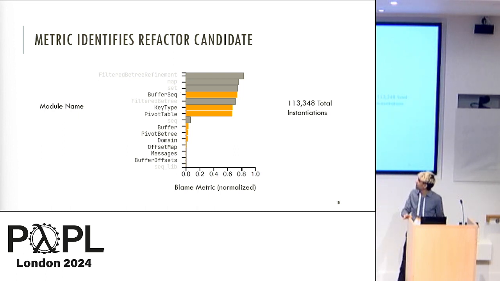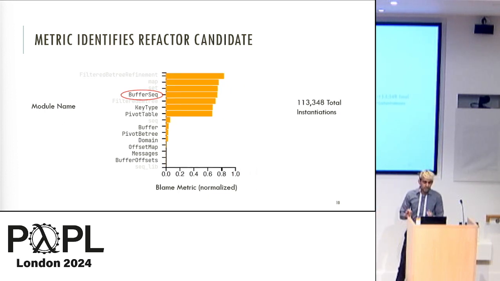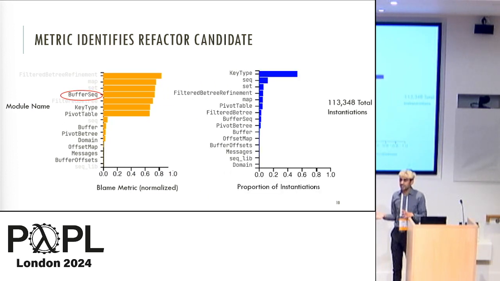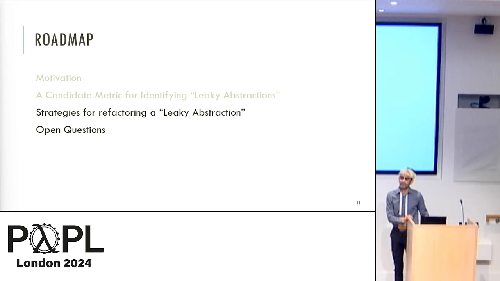The module we decided to investigate a little bit further was this one that we couldn't quite explain. It was a buffer seek module that appeared slightly lower in the hierarchy, and it was causing this ballooning effect, and we didn't really quite understand why. And moreover, when we compared it just to raw instantiations, it actually appears quite low. So it seemed like a good candidate to try and investigate where this automation is running away within this particular module. And the strategy, as many people have talked about before, is to opacify and specify, as we've seen before,